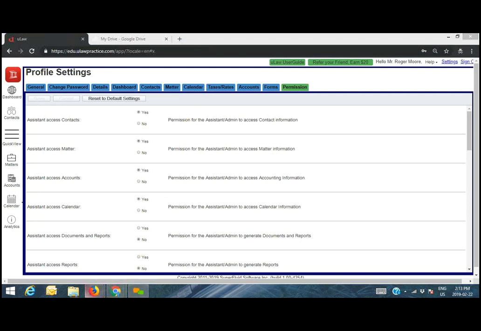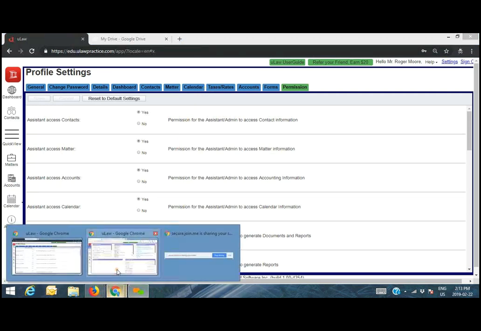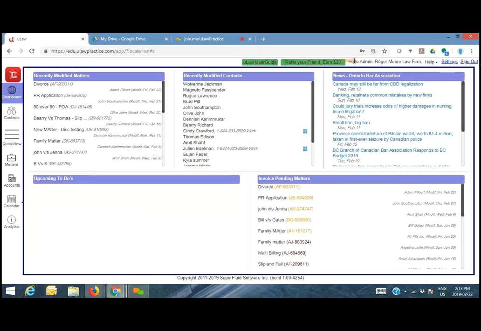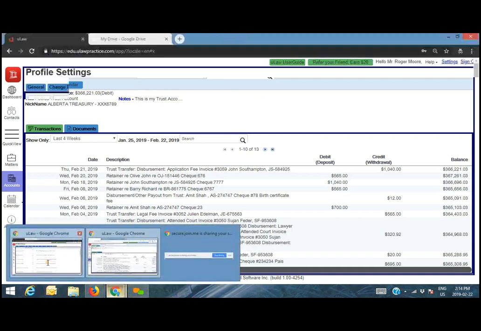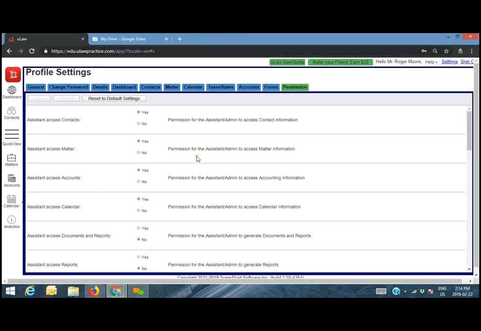So let me show you what that means. I'm going to walk you through this. I'm logged in as the assistant, or it says admin, but truly it's the assistant account. I click on accounts, and the assistant, Ms. Rogue, actually does have access to all this information. Now, certain law firms may find that this information is sensitive and it's not for everyone to consume. So if you decide to choose that,